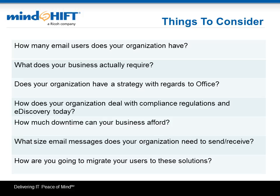Next one is, how does your organization deal with compliance regulations and e-discovery today? Chances are, if you know you have to meet compliance regulations, you know what you have to do. So you're going to have to retain your email for 7 years. You know you're going to have to encrypt emails that contain sensitive information such as health records, social security numbers, credit cards, things like that. If you require those type of compliance regulations, mindSHIFT's Hosted Exchange Security Bundle has the built-in tools that you'll be